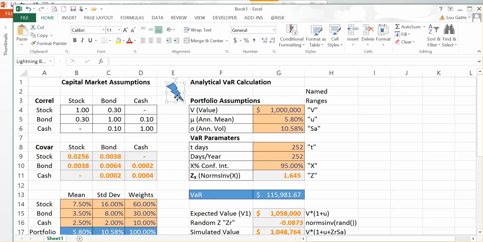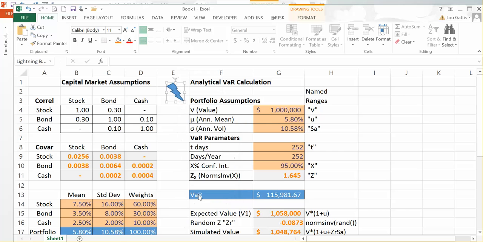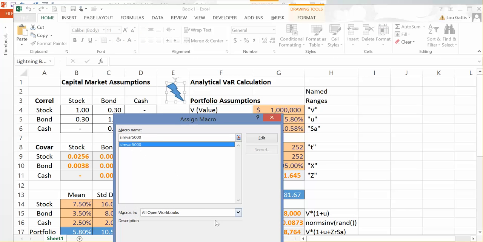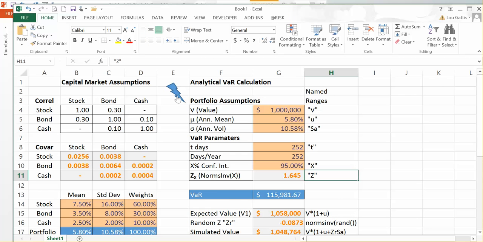And then I'm going to right click on that art object and assign a macro. SimVar 5000. Now when I click on that SimVar 5000, it's going to execute my VBA program. It's going to take over here, it's going to put in the countdown 5000 to 0, and then right below